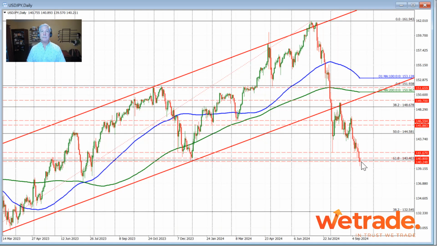However, we've seen the price rebound, currently trading at 140.24, which is right around the low price that we saw going back to December of last year. So, right below the 61.8%, 140.40. So guess what? We're going to need to get above the 140.40 level to probably give the buyers some hope